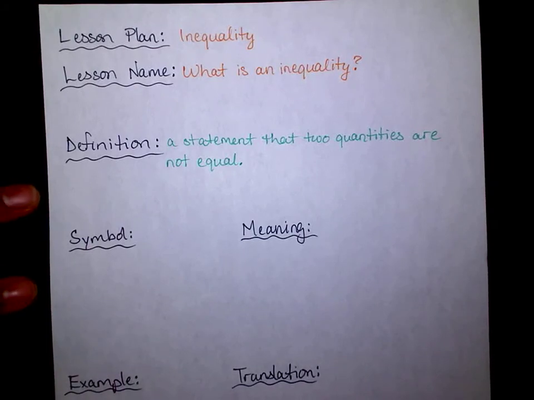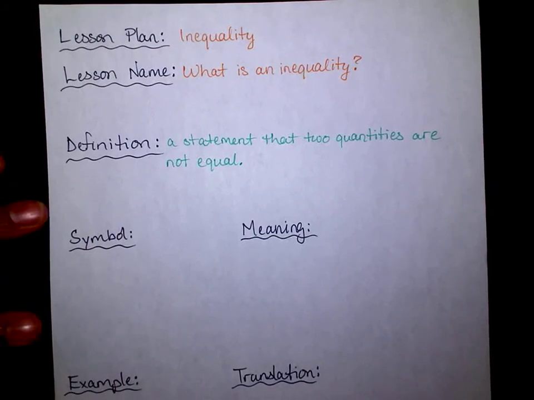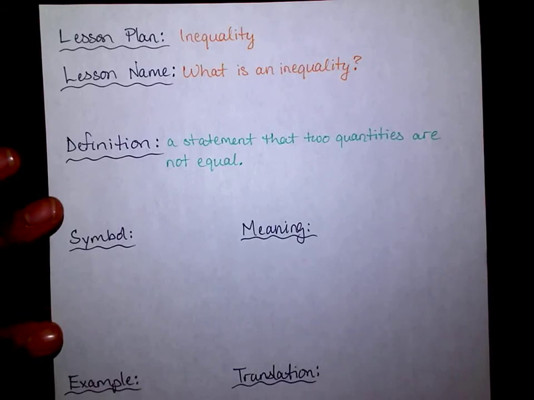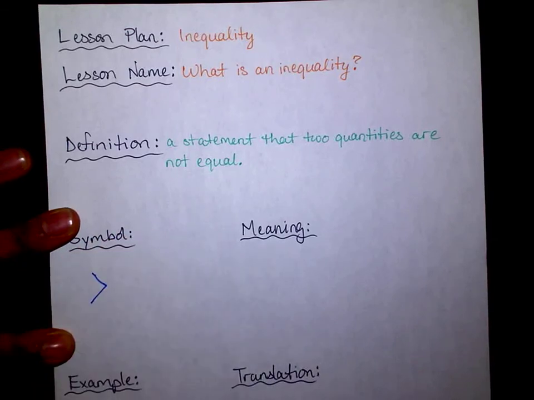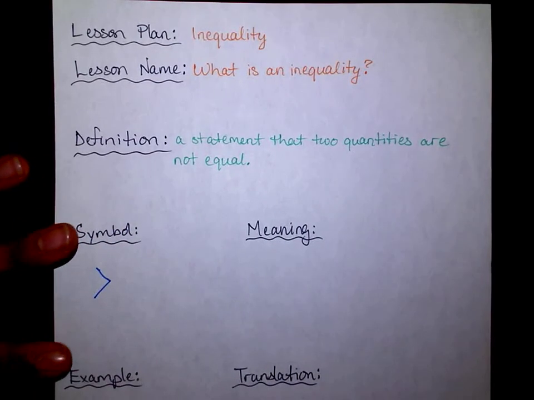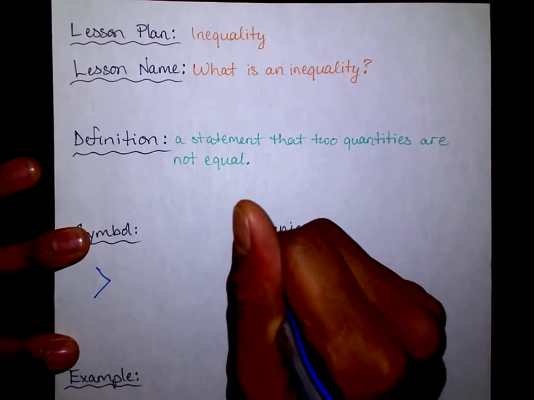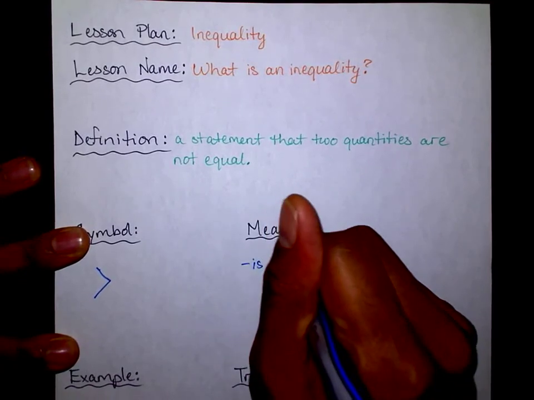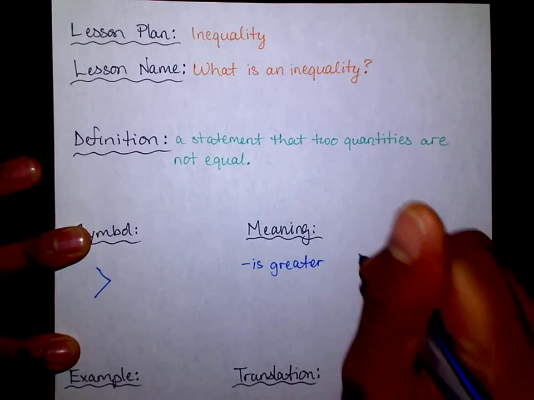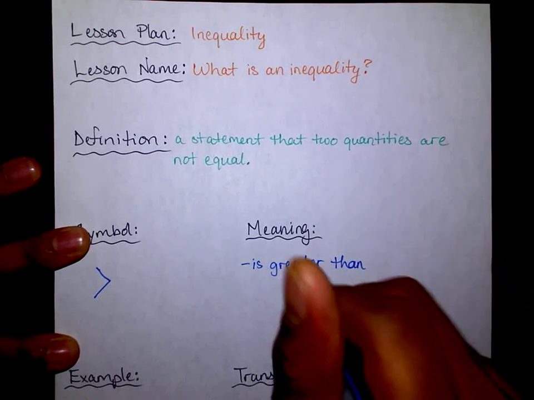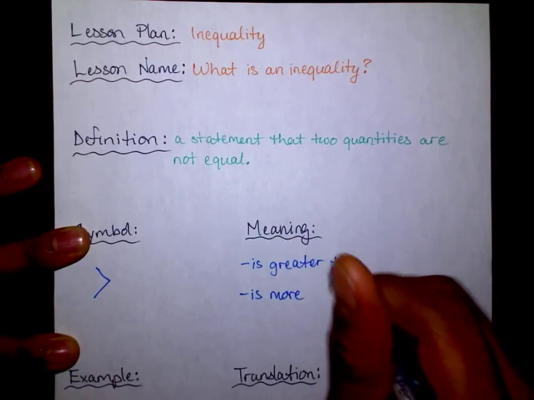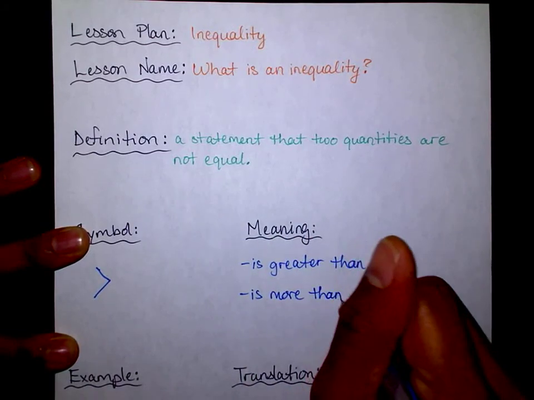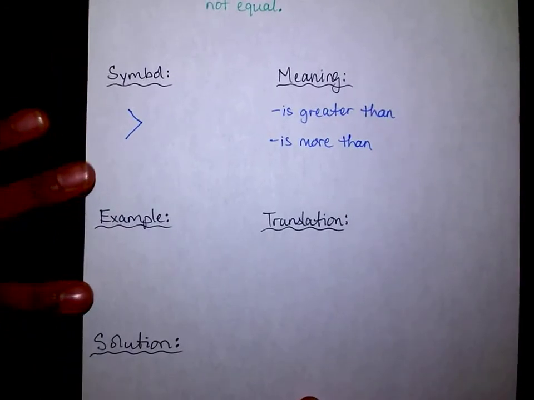Another symbol that we can use to represent two things not being equal is this symbol here. And this symbol means is greater than or is more than. Now an example of this would be